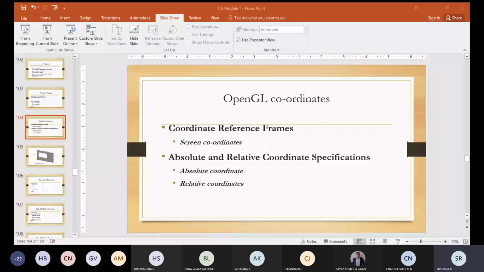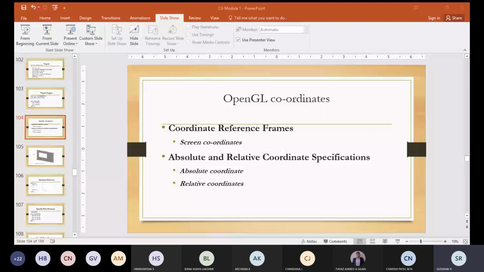Here I'm using the suffix code 2i. The suffix code identifies the spatial dimension, where 2 means 2D, and the numerical type to be used for the coordinate values. The i means integer. So glVertex2i means two-dimensional integer, and this will give you the points.